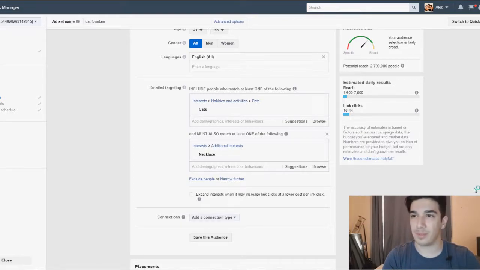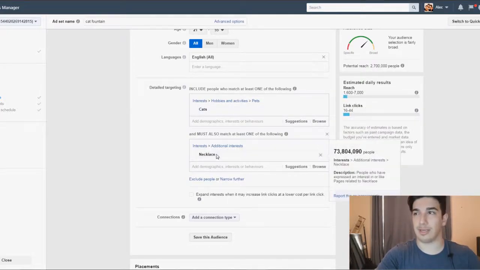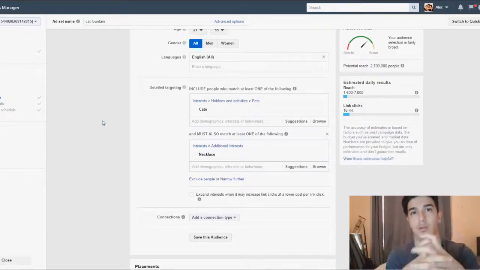Or if they like a character in a TV show and that character owns a cat, Facebook might take that person and put them in the cat subgroup or umbrella. And so you're going to be targeting all these people that don't have a cat, or aren't even that interested in cats. And necklace could be literally anything. It's too broad. You've got to make it more specific.